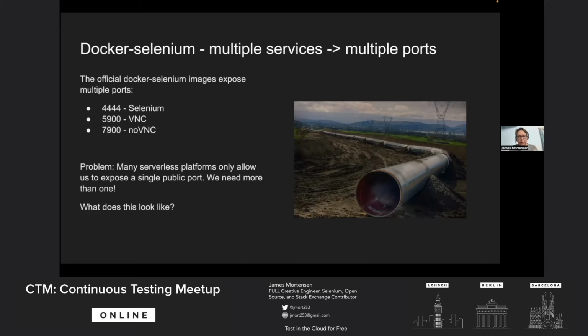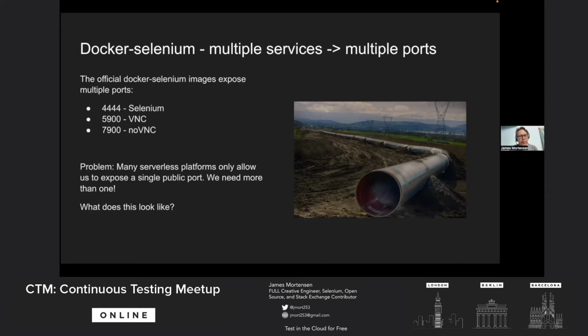Cloud Run, and I found that most of these serverless container platforms, had this problem. You can only expose one public port. Really they're only designed to run one service, but in some cases, it's good to bend the rules. And when it came to Docker Selenium, having multiple services on there made something that was really useful to the community. The problem with Cloud Run, I could open port 4444 and I could run the test, but I couldn't